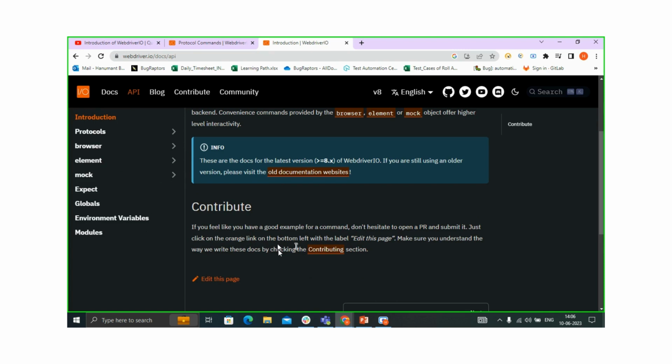WebDriver.io supports Shadow DOM and mobile automation, and it is based on Node.js. It supports the Cucumber framework also. It supports the page object model. So that's all about the